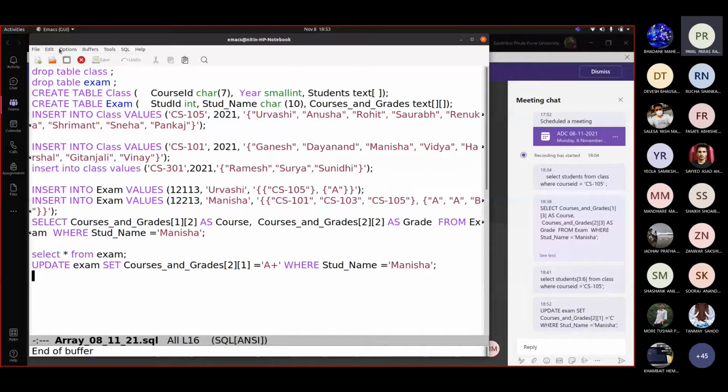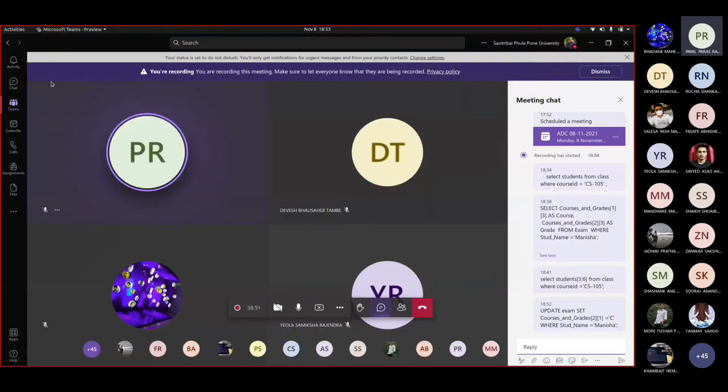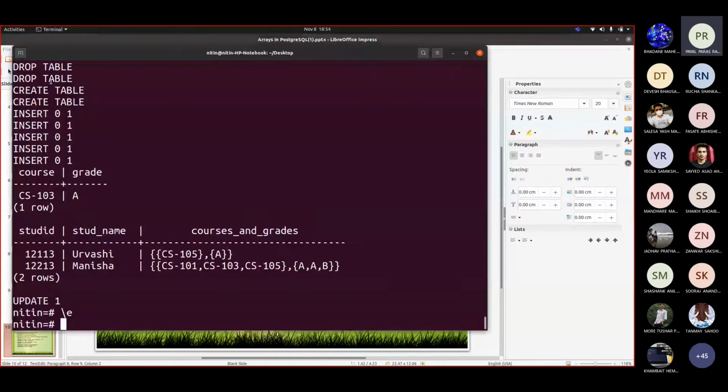So let me paste it. So let us execute slash i.